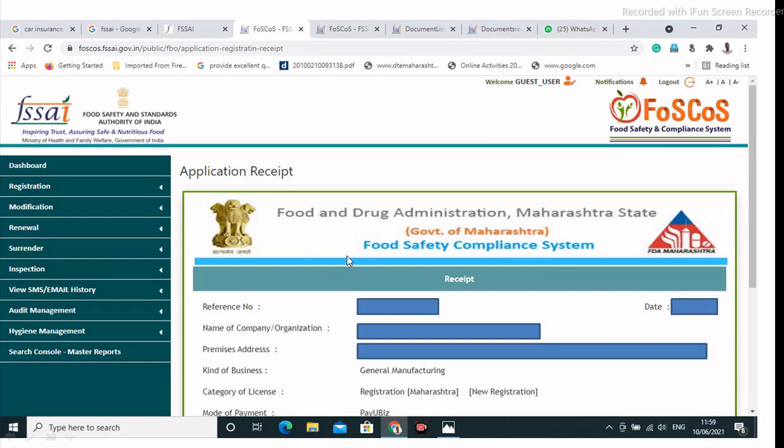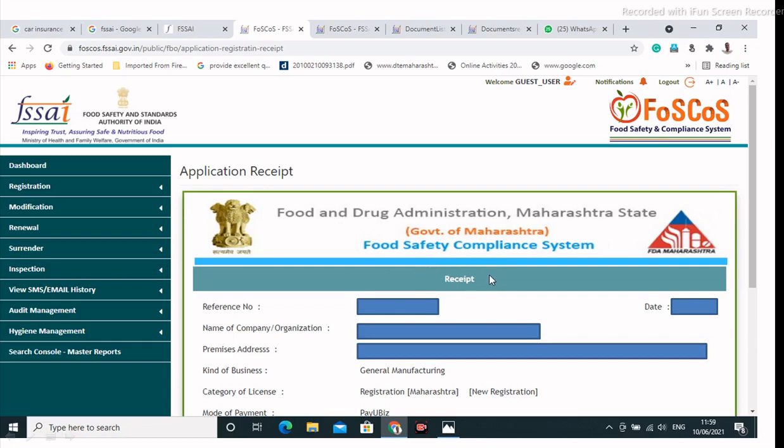This is where the complete registration process is completed, and your final registration copy is issued by the Food Safety and Standards Authority of India through the post office to your respective address, and this copy is also sent to your email ID.